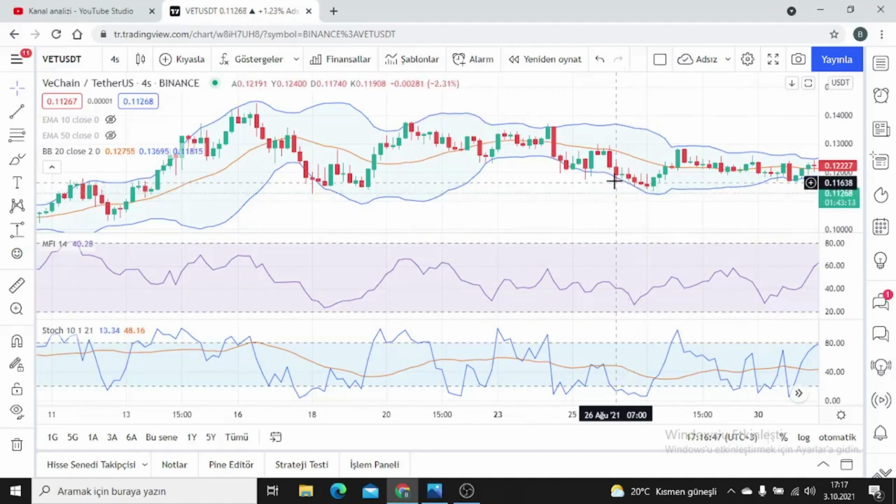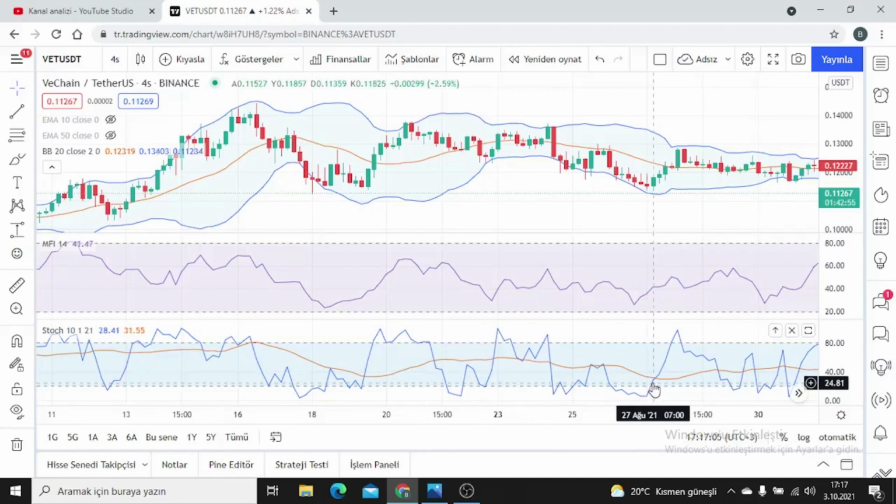Then, of course, it continues to produce a sell signal. Here you see the sale and it is still within the Bollinger Band, but it is constantly touching the lower channel. It constantly generates a buy signal for us. If we had traded from here, we would have been in such a loss. Again, we were going to wait for the hill over there.